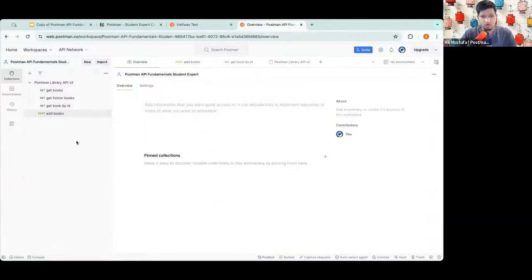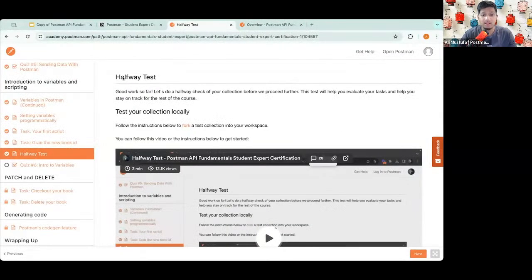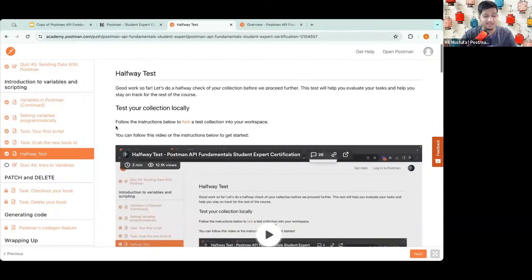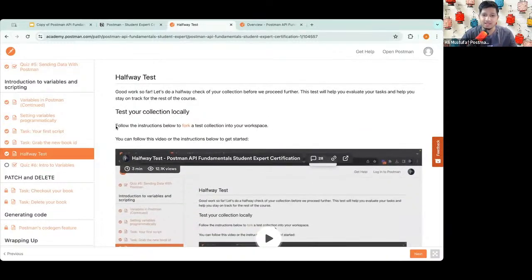And today's small part. I hope you all are with me. Give me a thumbs up in the chat if you are done till here, and then we will proceed with the halfway test, because the halfway test is very critical. This is where we are testing whatever we are doing. So this is a very, very important chapter, and I don't want you to fall back. So give me a thumbs up if you're all good, and then we can move forward. Till then, I'll take a sip of water.